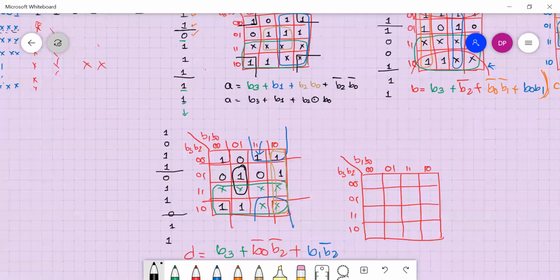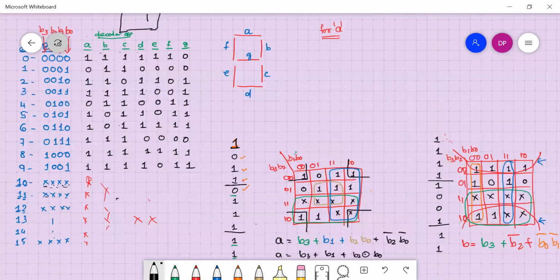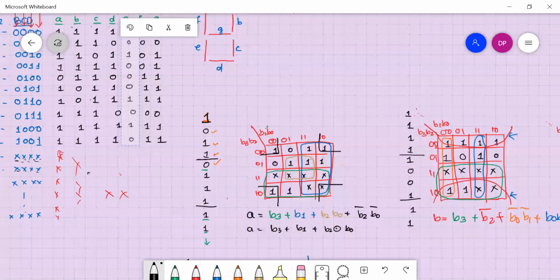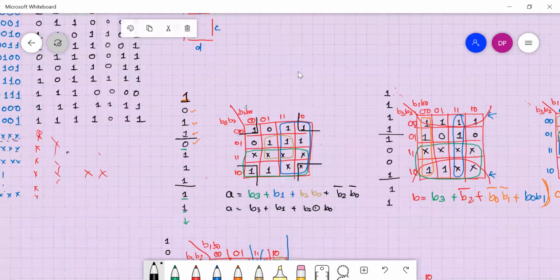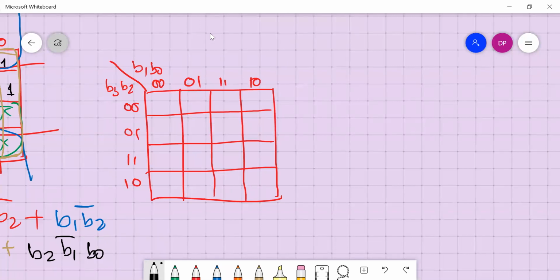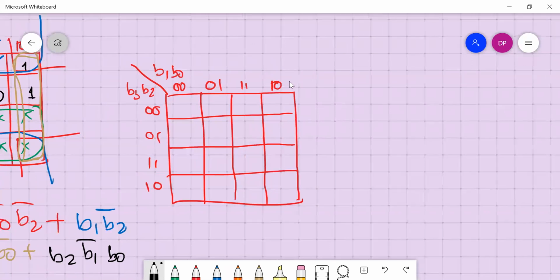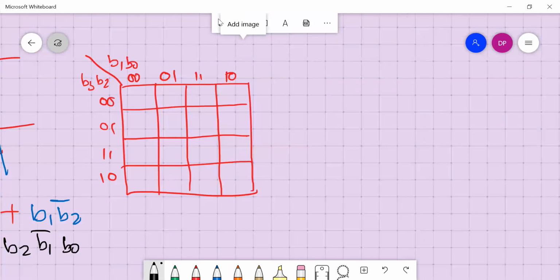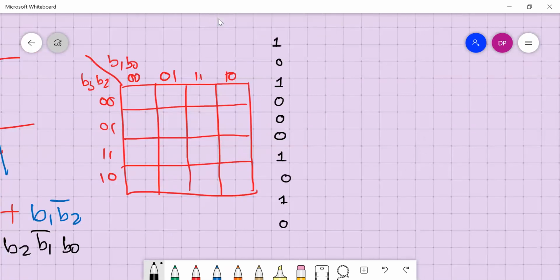So let's copy for E, okay, and do it for E. Okay, E. Now fill it quickly.